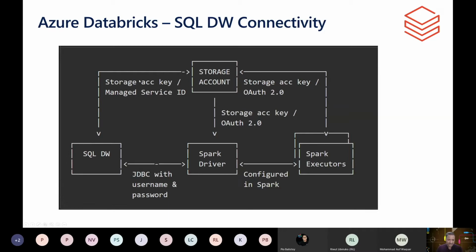From the data lake storage, there is a connection which the SQL data warehouse uses to write it into the SQL data warehouse like a bulk insert. That is again done using either a storage account key or a managed service ID, or MSI.